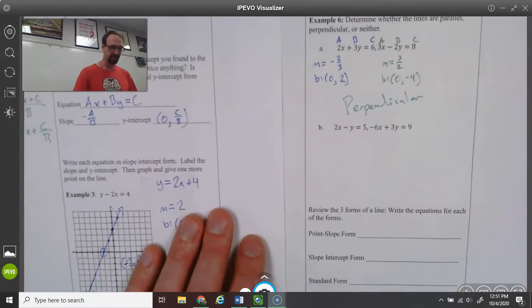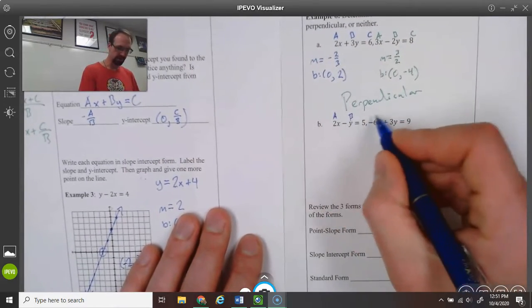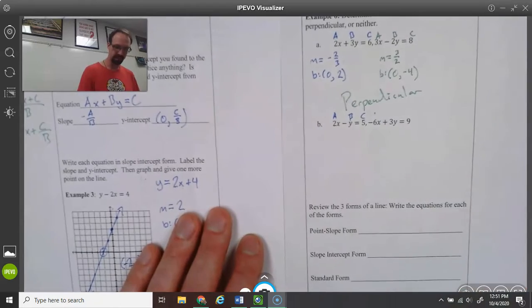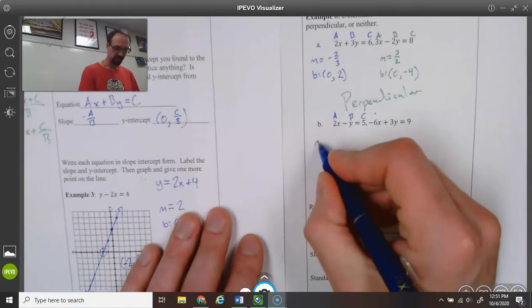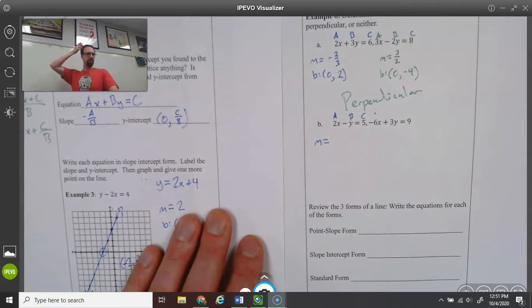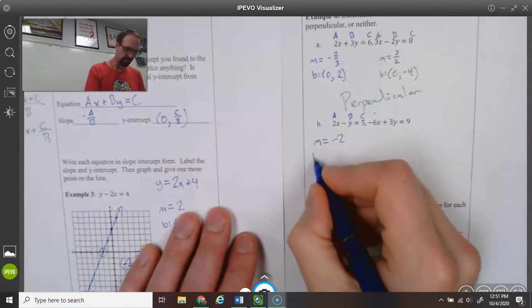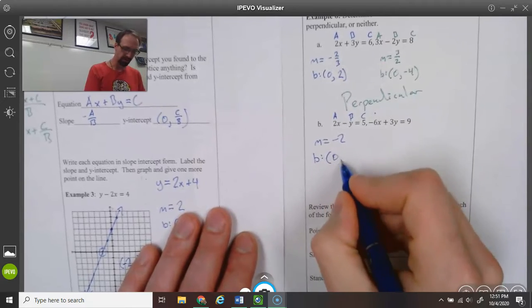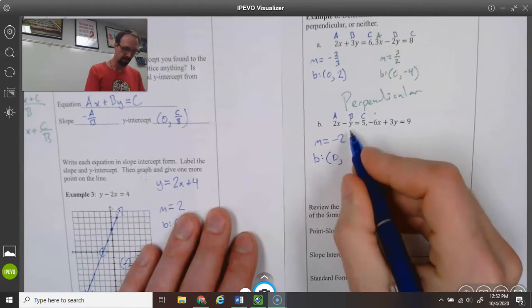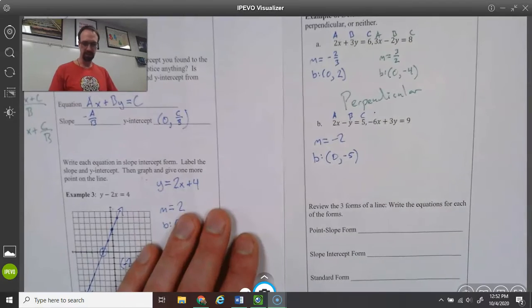In the next example, similarly, we have a, b is in this case negative 1, c. Let's go ahead and finish that as well. So m equals opposite a over b. That's going to be negative 2 over negative 1, so that's just negative 2. And then your y-intercept is going to be 0, comma, and then 5 over negative 1, so that's going to be negative 5. And then for the other line,